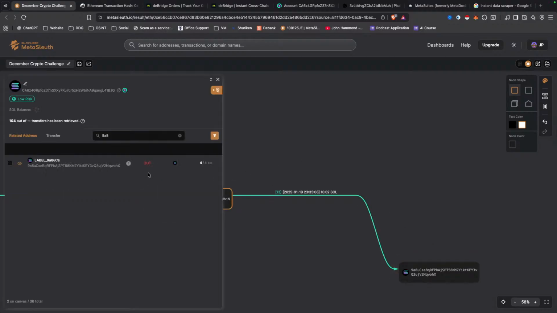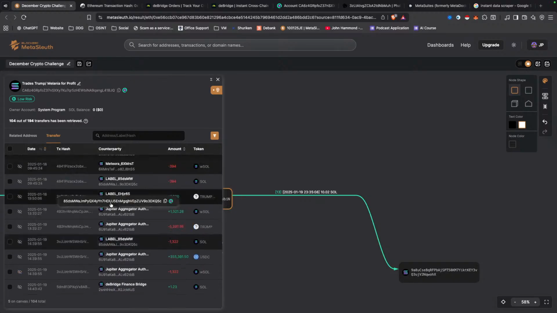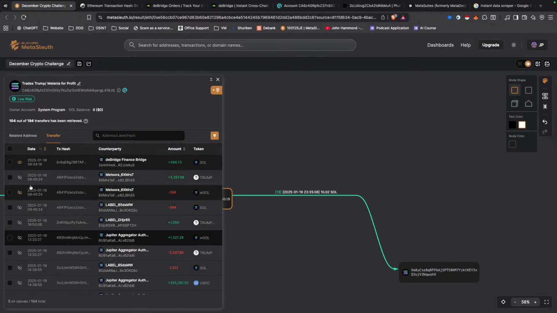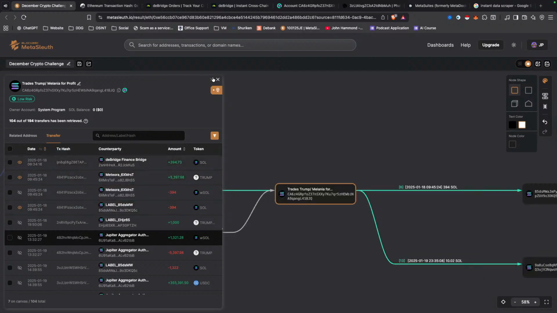By the way, if you wanted to, you could show all of the meme coin trades here. In MetaSleuth, you will see that you've got the same transactions, blocked together. If I wanted to show this Trump trade, I would probably show the Solana 394 out and the 5397 Trump coin in.